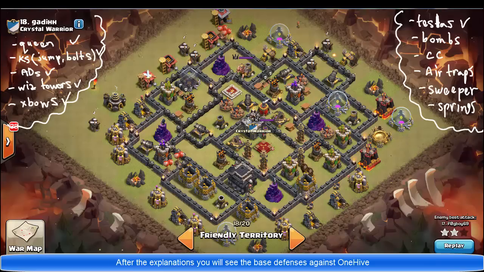Next, if they're gonna go from here, they're gonna go to the mortar, air defense. They're gonna split here, here. I don't know. Eventually, they're going again for the bombs, and same goes from pretty much every direction on this base. Those hogs are gonna go for the bombs, and you're gonna blow up a lot of hogs with this one. And why not putting another